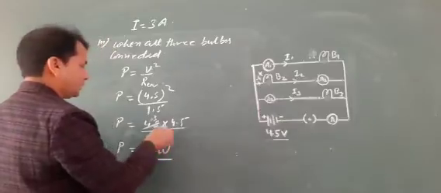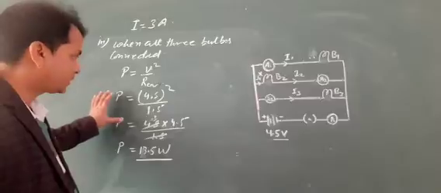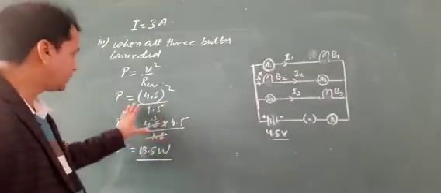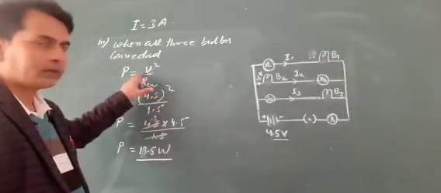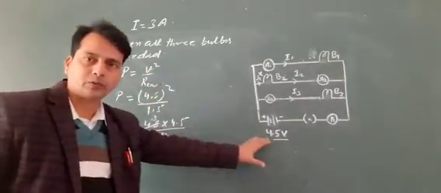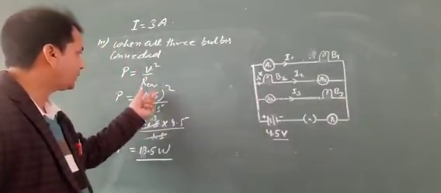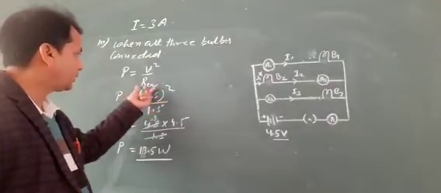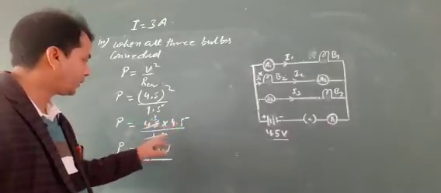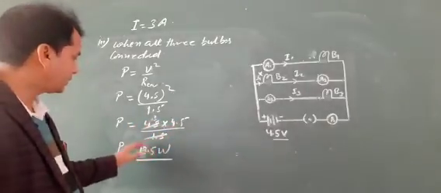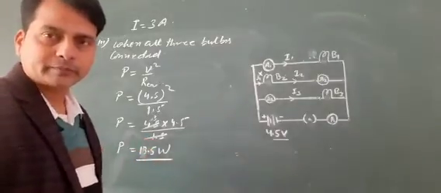13.5 watt. Okay. So here is the power dissipated in this circuit. So we know P equals V square by R, where the value of V is given here as 4.5 volt. Then putting in the value, 4.5 square by the equivalent resistance given here as 1.5. Then 4.5 into 4.5 by 1.5. So we can write here 13.5 watt.